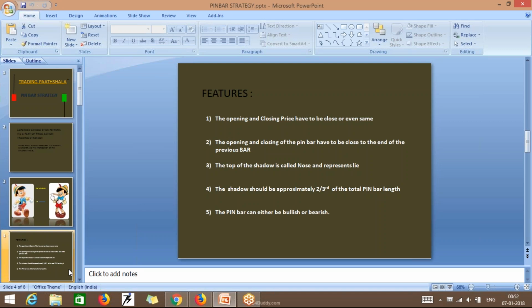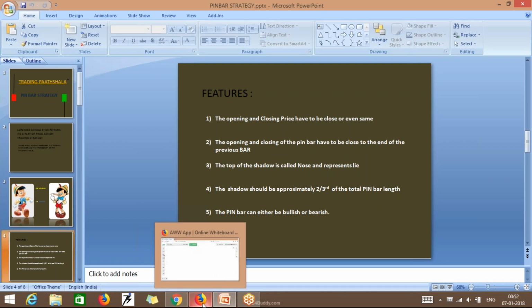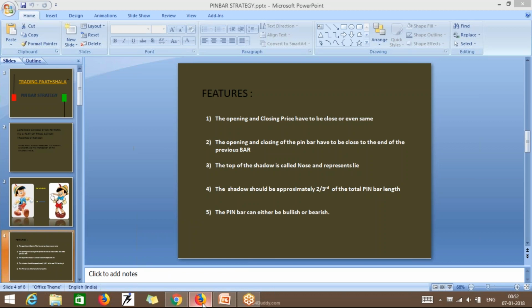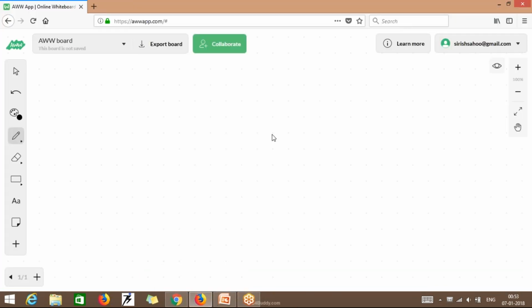Let me explain each point by drawing. So the first one is that the opening and closing prices have to be close enough or even the same. So let's come to the drawing tool and see how it's happening. The first feature is that the opening and closing should be the same. So it can be like,